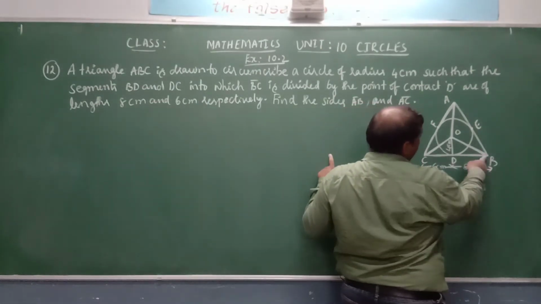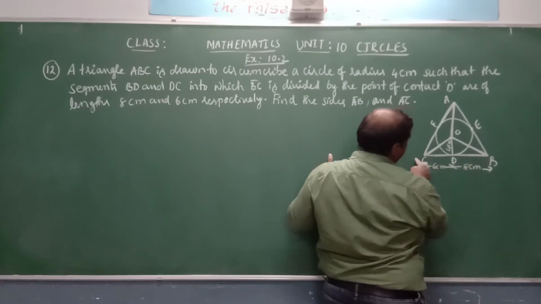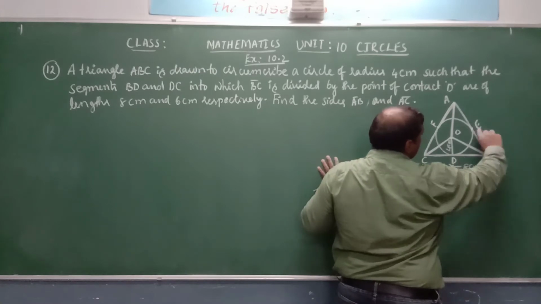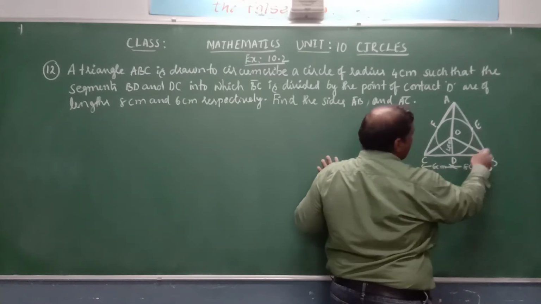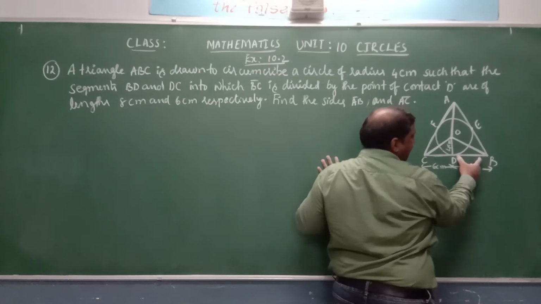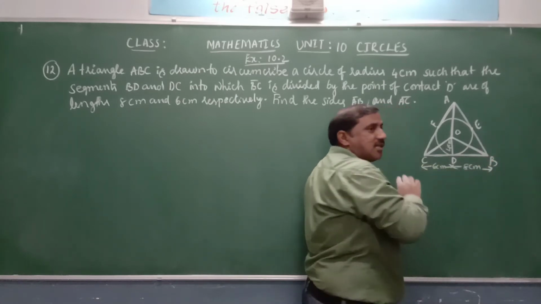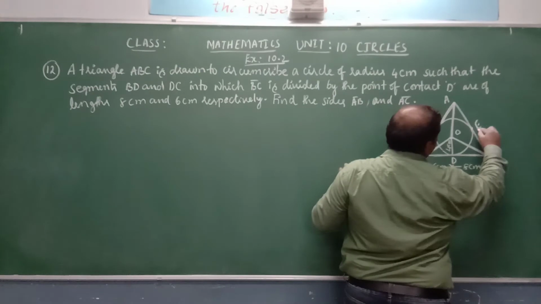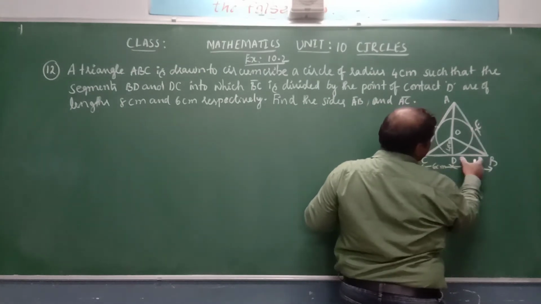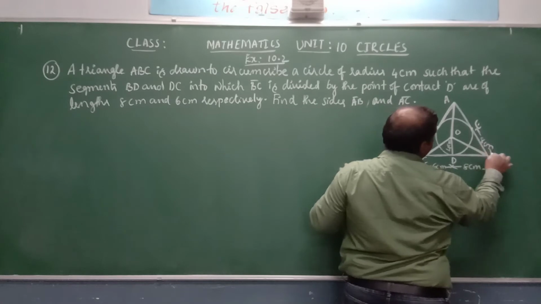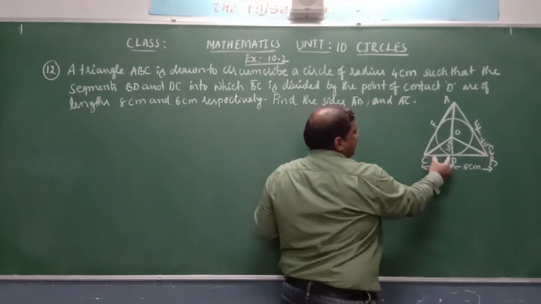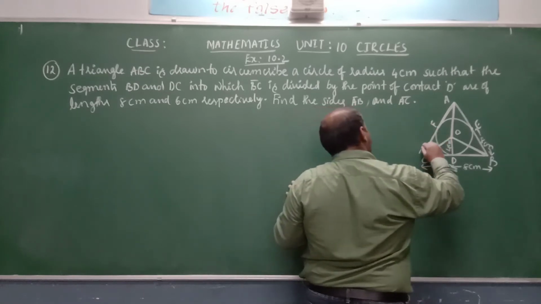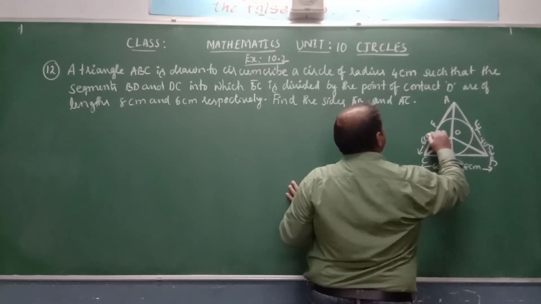So we can find the area of this triangle BOC. Similarly, see here B is an external point. From point B, BC and BA are two tangents drawn. Now the length of BD is equal to the length of BE. Why are these two equal? The lengths of the tangents drawn from an external point to a circle are equal. Therefore these two are equal as they are drawn from the same external point. Hence it is 6 centimeters.